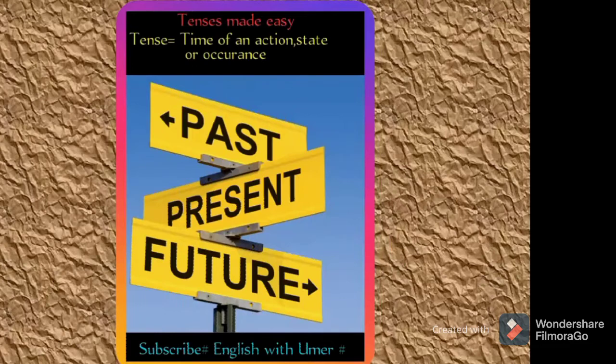So let's start. Tense means time of action, state, or occurrence. Tense shows you the time of action, state, or occurrence. So basically, it denotes the time. Okay. So there are three main tenses: past, that has been past; present, which is right now; and future, which